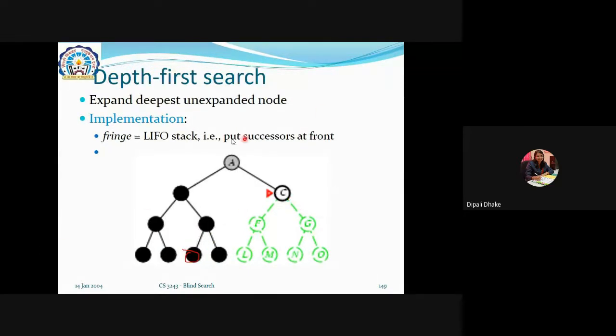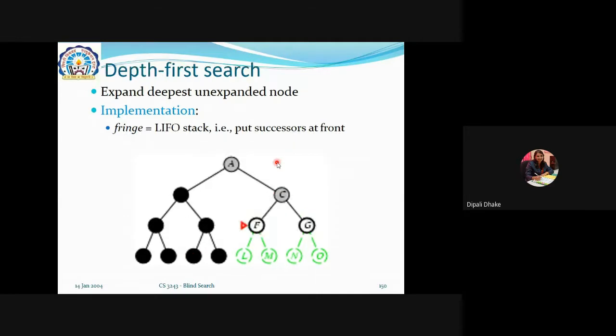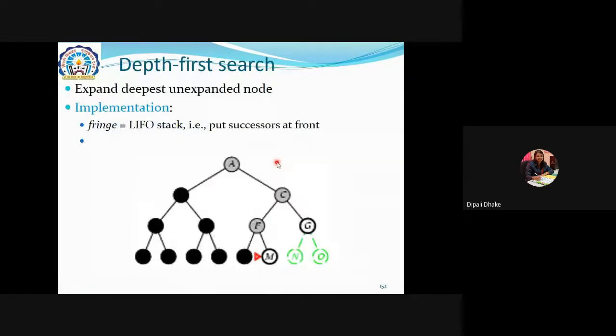We have to set some value D. Suppose we set 1, 2, 3 here. That means it will follow only 3 levels. Again it moves on the first one. The first one has a root, that's why it doesn't have any other root node. So it will move on to the second, and it's already covered, so it will move on to the second C. In this way. Now this is my goal, so it stops here.